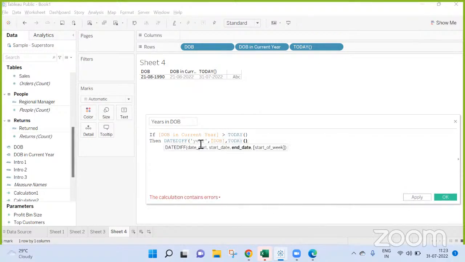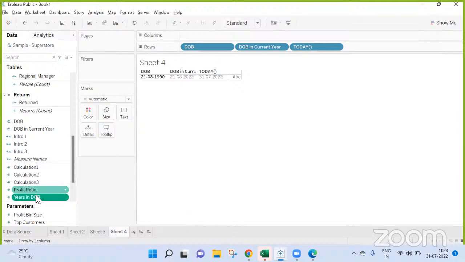So when my date of birth in the current year is greater than my current day, then obviously I have not completed the year. Else, I can take the same date diff minus 1 because my year is not yet completed. So these are my years.